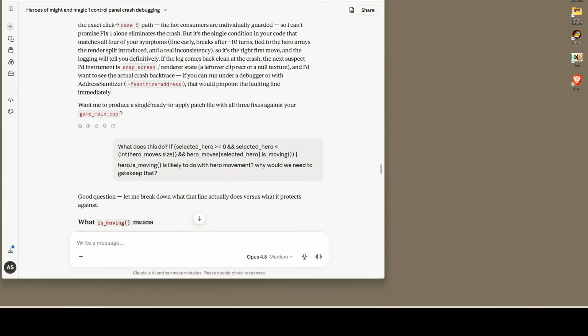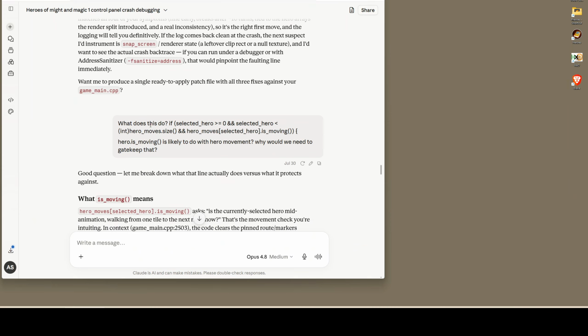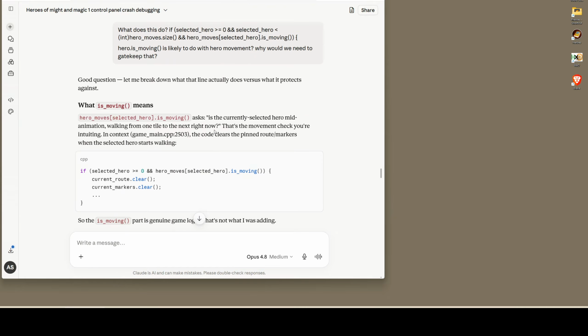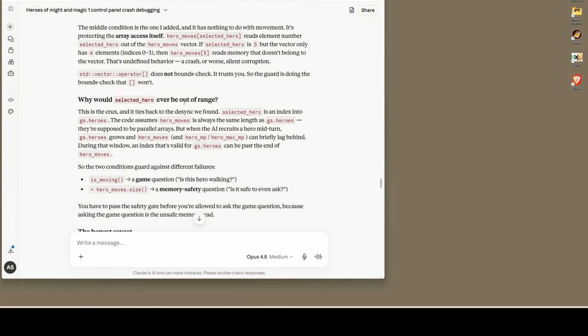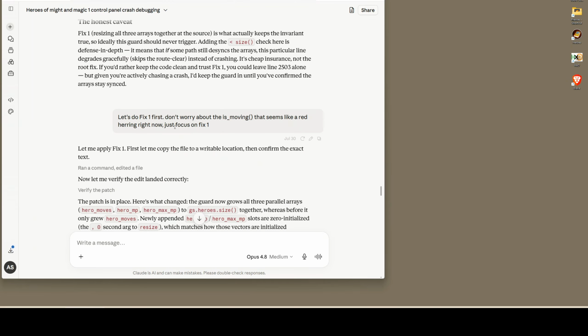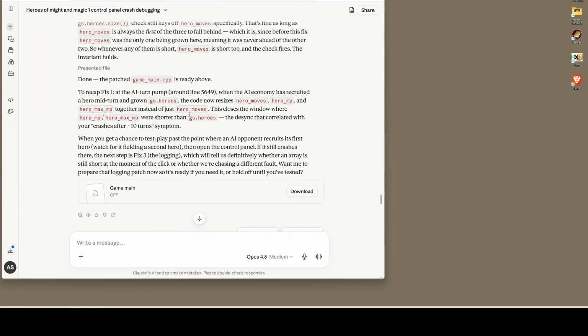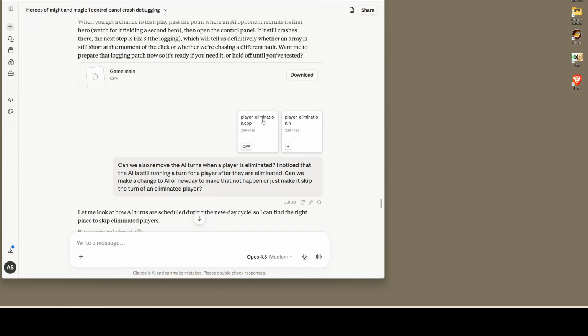I then go in and add this crash logging. And I ask, why would you do this? Hero is moving, that's not necessary. We talk a little bit about this, and then I said, okay, well, let's do fix 1 first. Don't worry about the moving part. And then